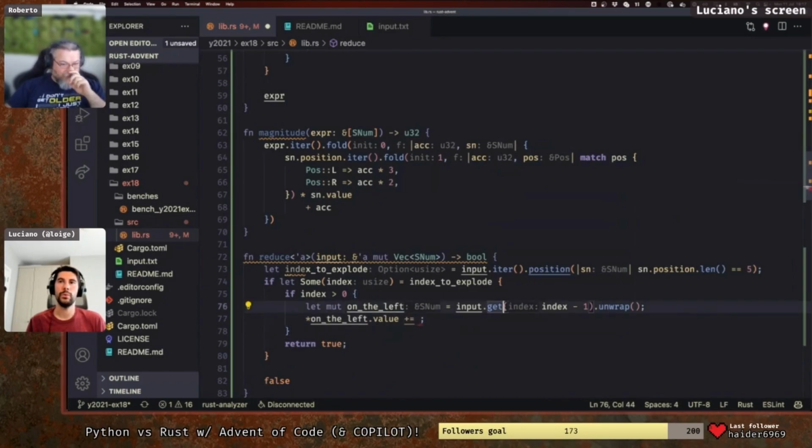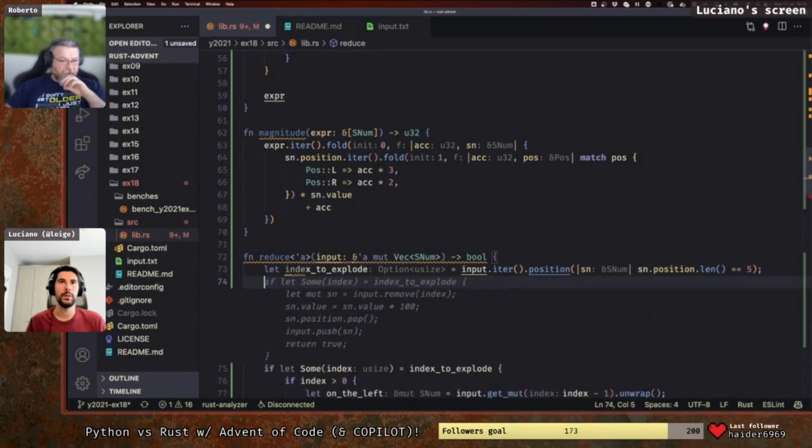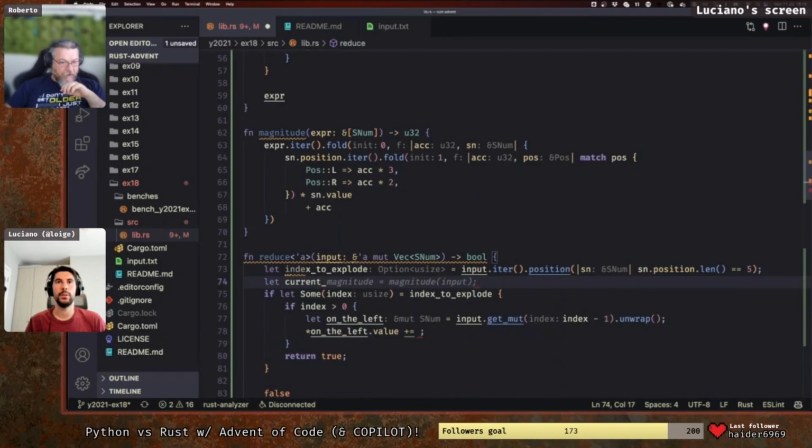Do we need to use get_mut maybe? Yeah, I think that's correct. Because otherwise, we don't want a mutable reference. We just want... I think that's what we want. And this one needs to be... Oh yeah, we didn't create a current. Let current equal input